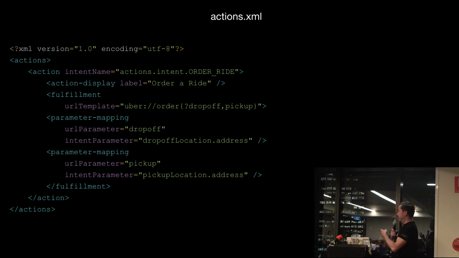To set up this one, it's only a single XML file to add the actions to your application. Here we've got one for an Uber style app. At the top there you might see that we've registered an intent for the order ride action. This is one of the predefined ones. You can actually set up custom ones. You can give it a display name, so when it appears in the list you can say order ride. You can specify a URL template, so this is the URL that's going to be called when the user clicks on your entry in the search